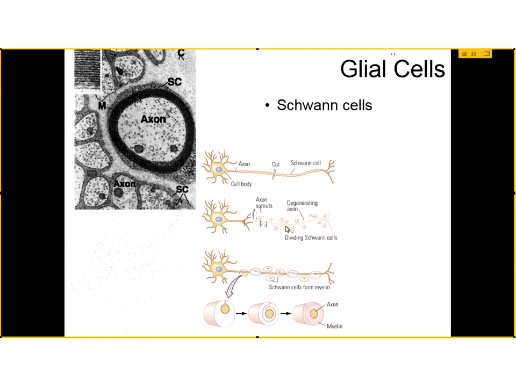And these Schwann cells, as they've divided, provide both a physical route, an area to grow through, and chemical signals to say, grow in this direction. And as it starts to grow through, the Schwann cells will start to wrap around that segment of the axon. So here we can see that they're wrapping around that segment of the axon, providing myelination. And after about 6 months or so, the neuron will have grown back and reinnervated that location that we had removed that axon from. So Schwann cells are very important in terms of being able to support regrowth in the